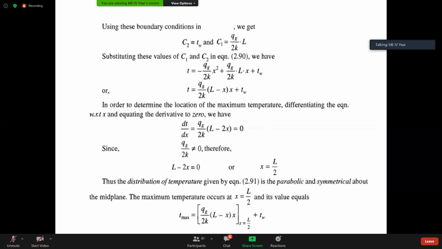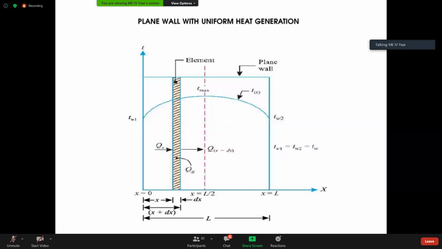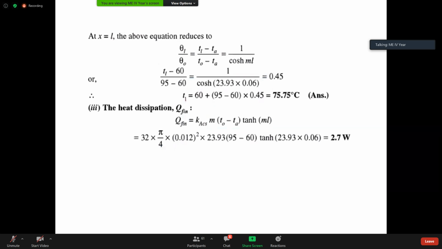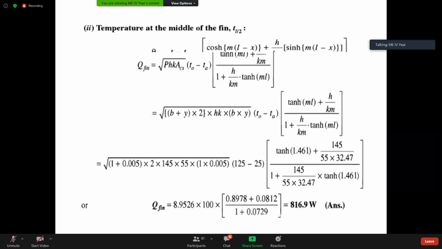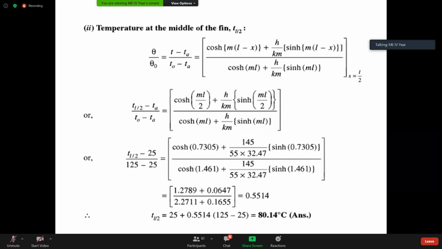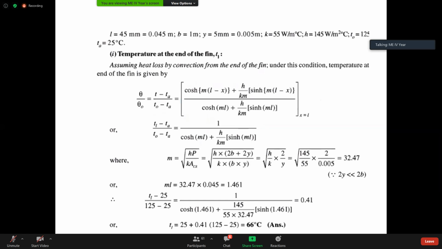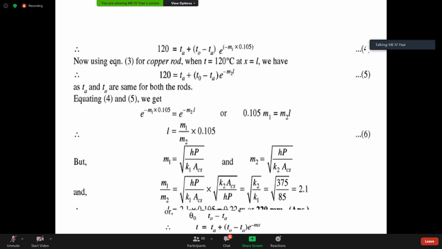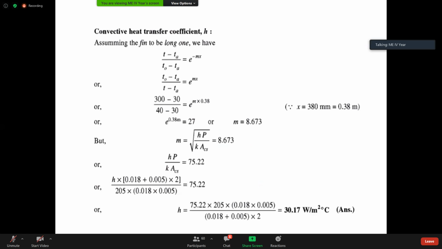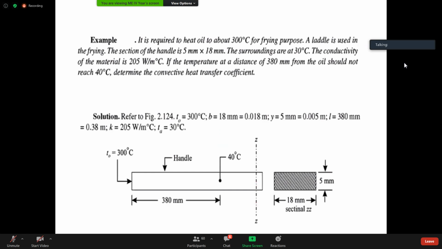So if you don't mind, I'll take 10 more minutes to explain these problems. Those are very easy problems, because I am supposed to go on to unsteady state conduction also, right? I don't take this much time to explain these, but for the fins there are a lot of things to discuss. Okay, for a better understanding, I am explaining this, right?